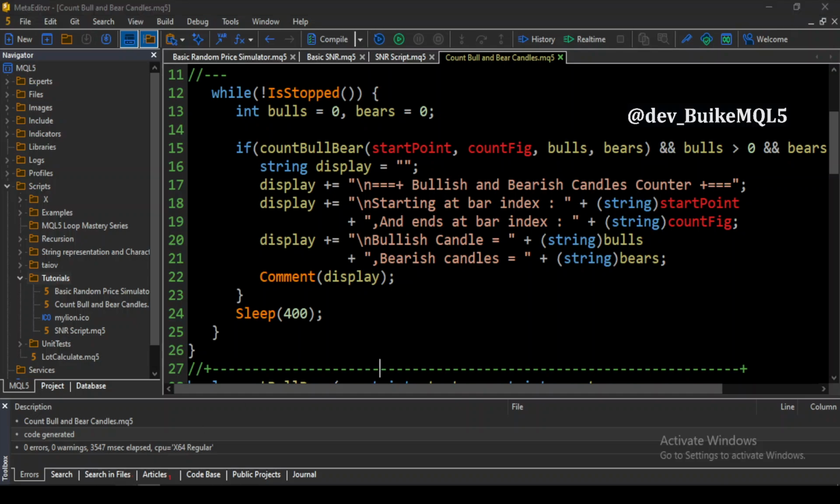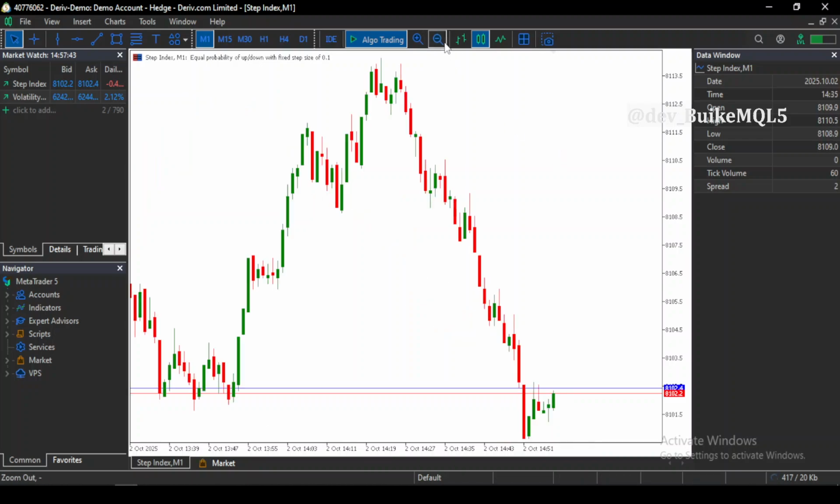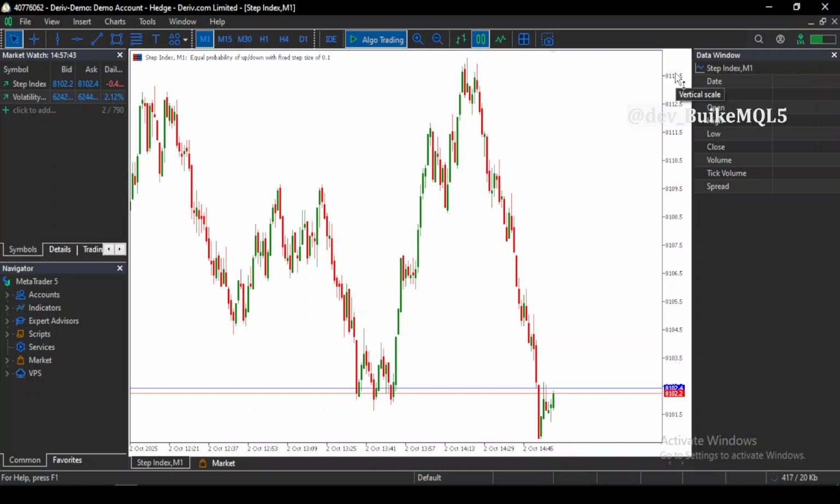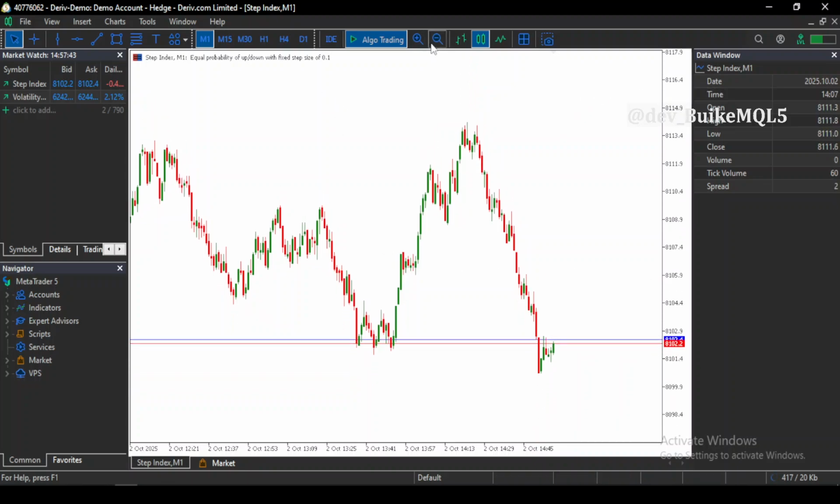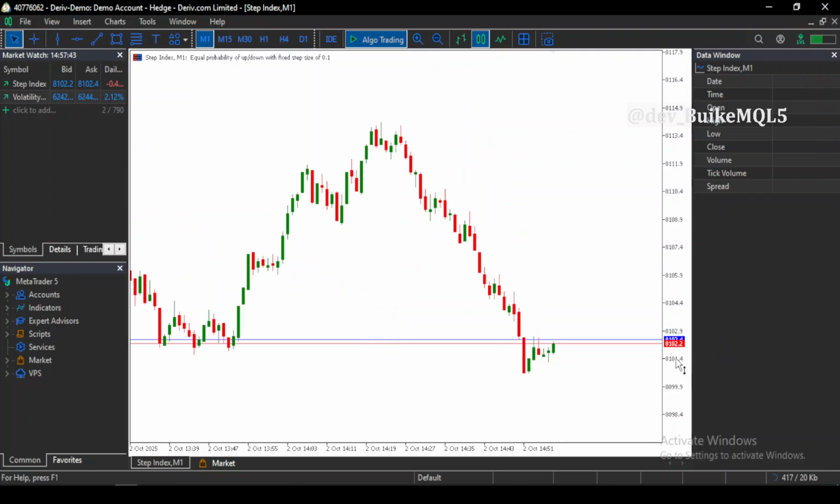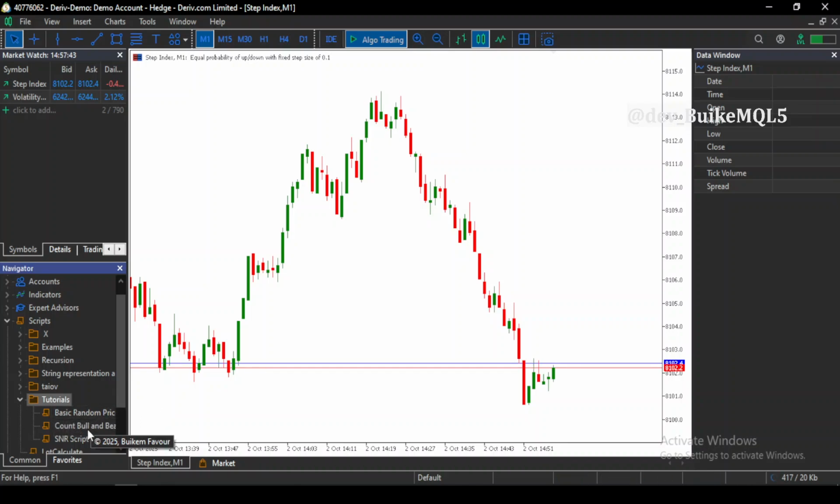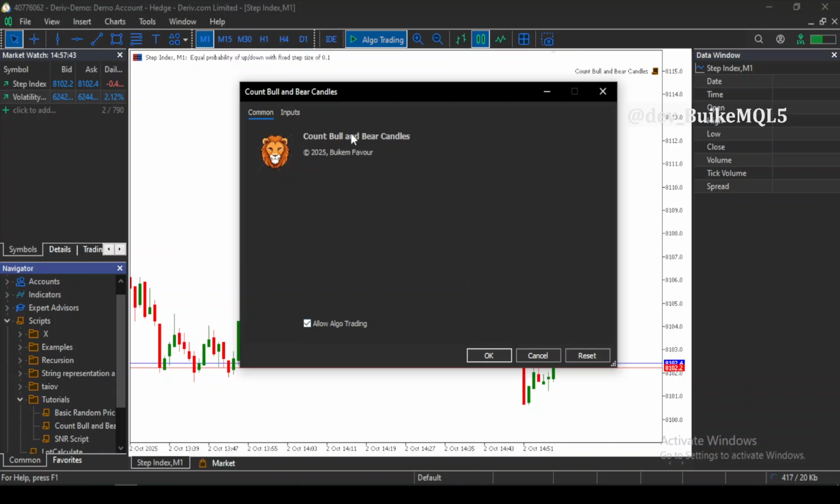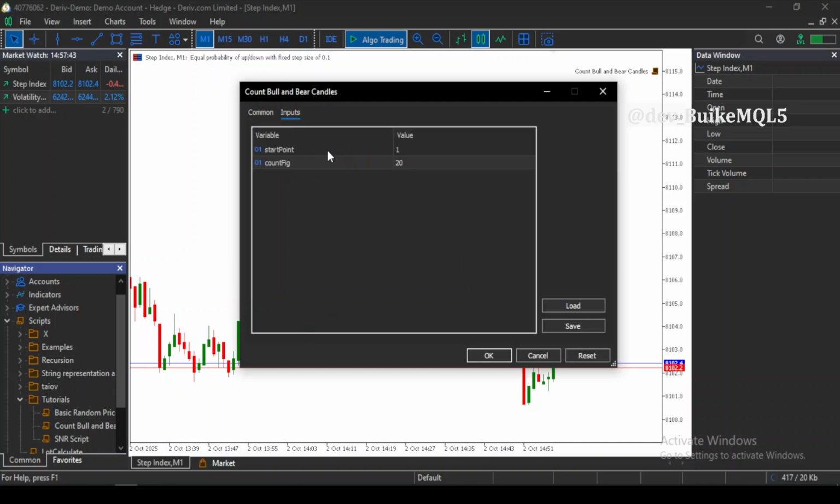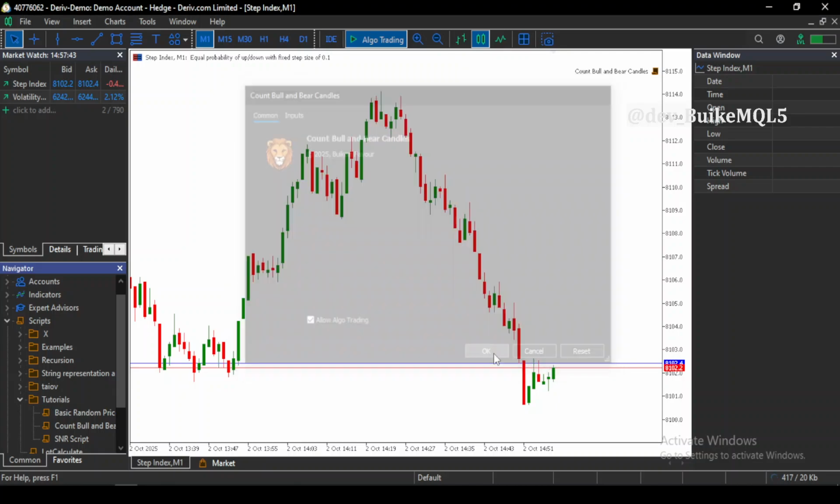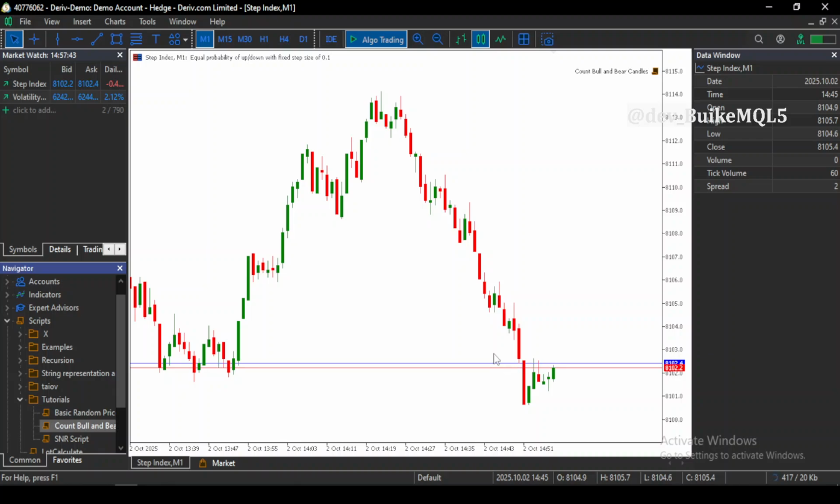Now let's get to the step index, a minute chart. Okay, let me zoom in a bit. Let's get our program script tutorial. What was the name? Count bull bs, I think so. Yeah, here we go. Let's leave the inputs the same. We start at index 1, count figure 20. Let's run the code. Whoa,